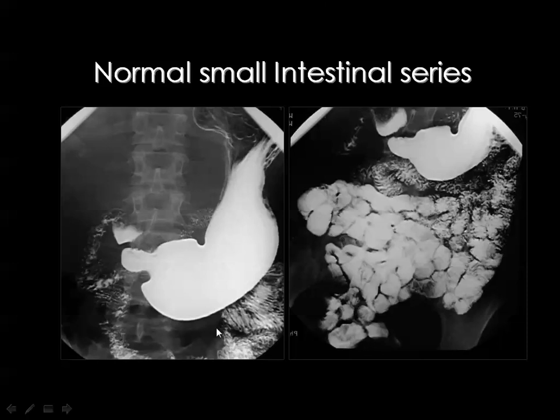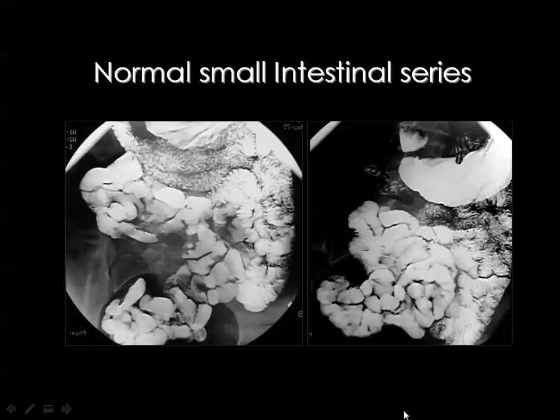After we examine the stomach, we take serial films, and the timing between these films depends on the rate of flow of barium through the small bowel, and the usual rate is about 15 to 20 minutes. We take a whole film for the abdomen showing the intestine in sequence, and then you see first the jejunal loops, and the next film will show much of the